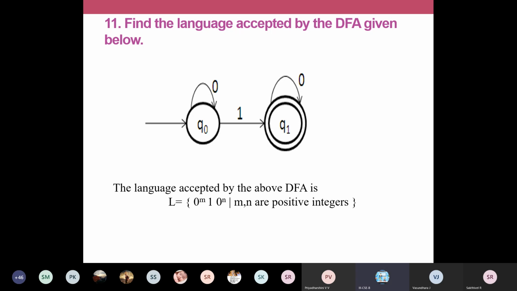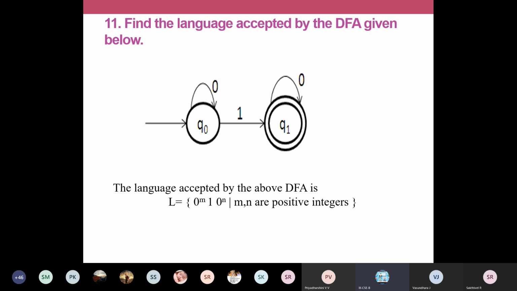So it's a self loop. When I'm drawing a self loop, it means that it may or may not occur. So even without taking that self loop, you have to see the essential string alone. Okay. So in Q0, I must take this one, is it not? But this 0 is optional. When I'm having a self loop, it is optional. I may or may not take that 0. But I have to take this one. I have to read through this one at least once to reach the accepting state.